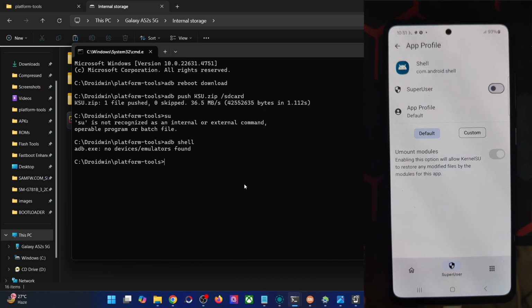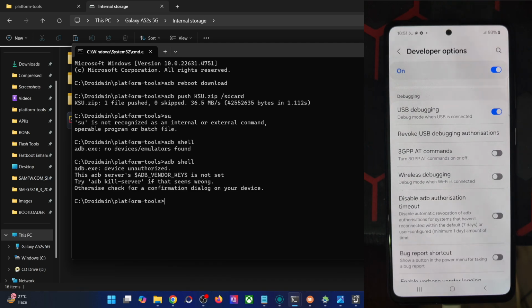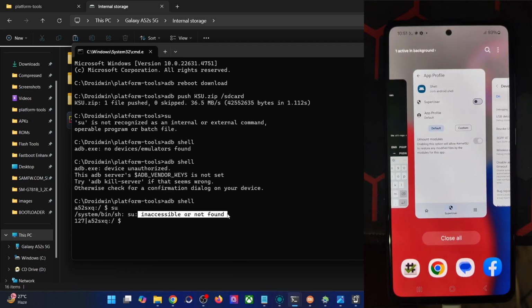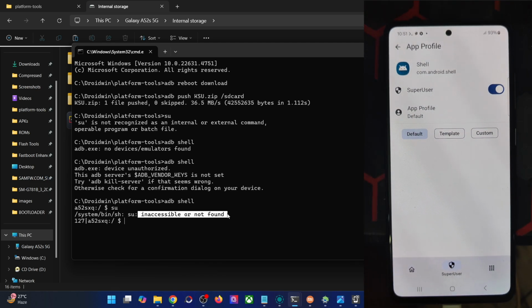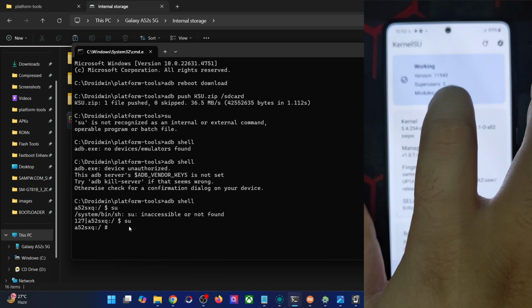So if you would have used the command adb shell on your phone, and selected always allow, by default if you use the su command, you will not get access. You could see it's showing as inaccessible or not found, because by default you will not get any Magisk request. So you will have to go to KernelSU and enable the toggle next to shell. Now if you type in the su command, you could see we are now inside the root directory. The hash sign signifies it's now inside the root directory, and you could now get the job done. So always keep this point in mind that you will have to manually give root access to all the apps from KernelSU only. And as you could see, superusers are now 3.